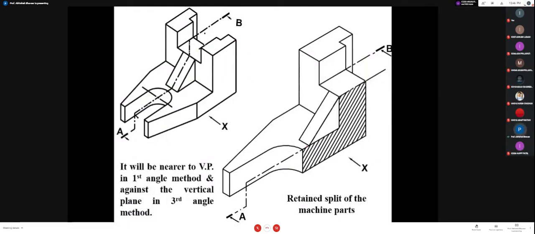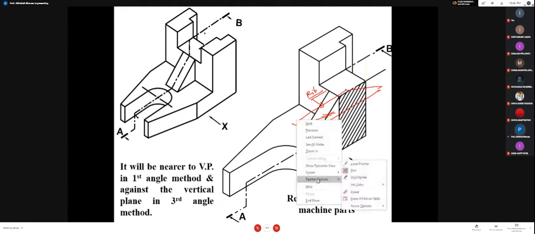See, when your plane is merged with a material, you have to show it by the hatching line. Here is a rib. If you are having a cutting plane parallel to the rib, you don't have to show it by the hatching. But if I am having a cutting plane like this, in that case I have to show it by the hatching line. I have shown you last time. So if you want to cut your job, after cutting, your job is looking like this.